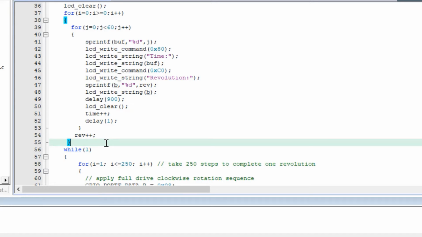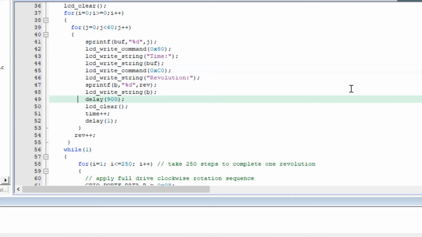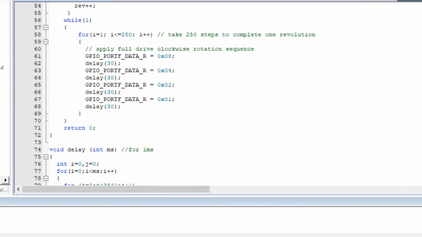Buff is basically the character array we use to store the number as a string in it, as it is shown on the screen. As the time passes 60 seconds, the value of revolution changes from 0 to 1. Then we'll write the LCD clear function that will clear the screen and move the cursor to home screen. After that, there is a for loop of the steps of motor to complete